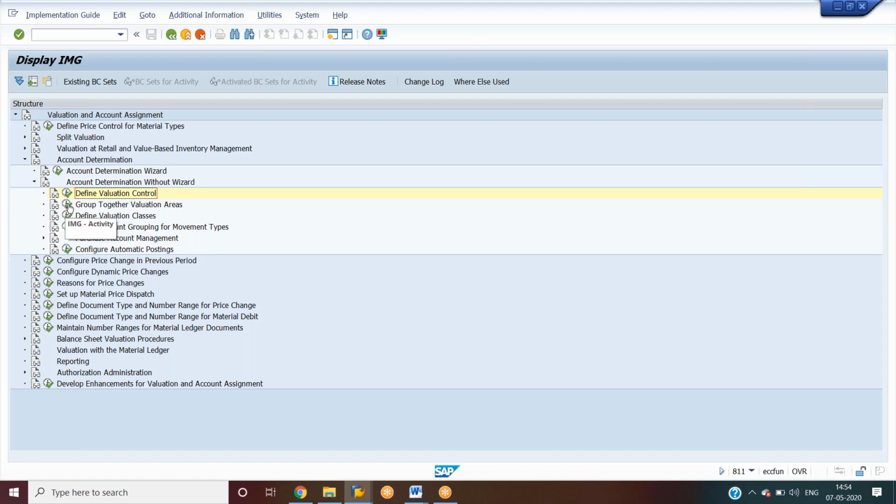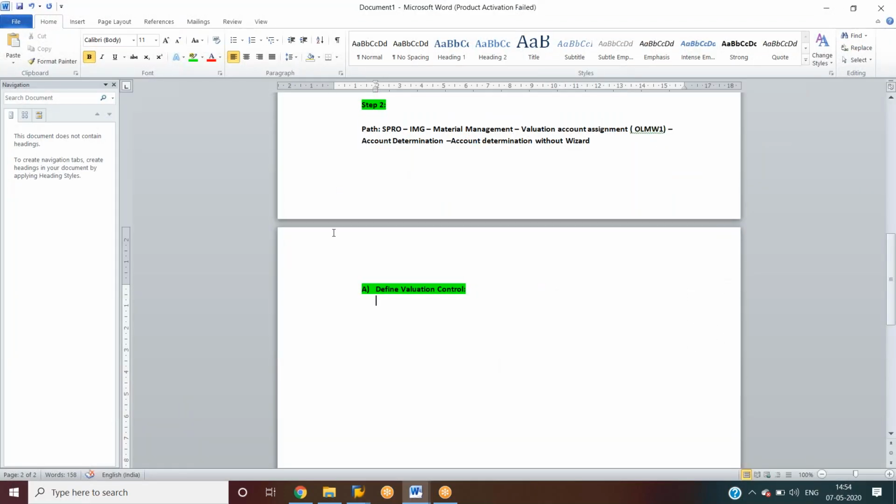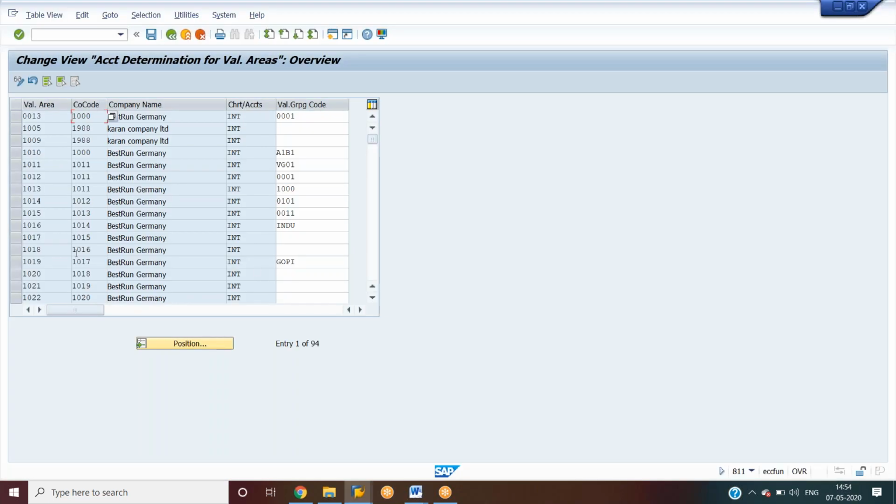The next step is grouping together valuation areas. Previously we activated the valuation grouping code; if we do not activate it, the system will not allow us to group the valuation areas. So now the second step is grouping together valuation areas.